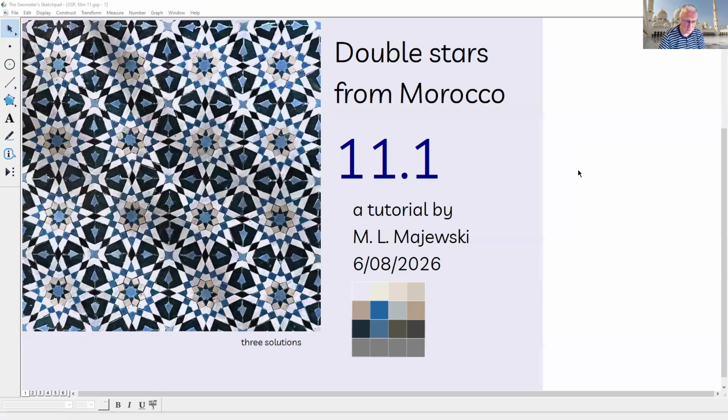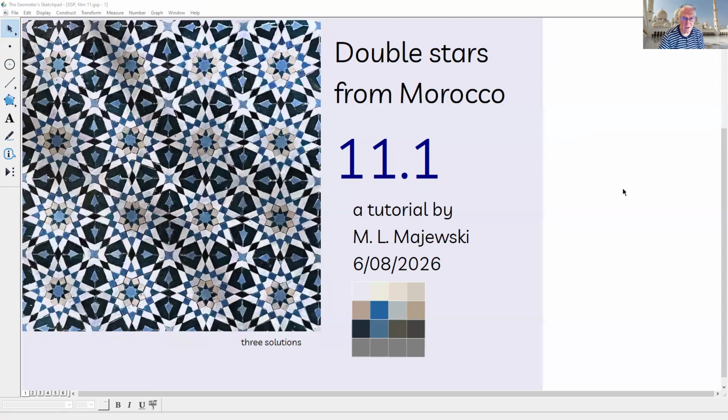The photo that you have on the screen I got from a friend. I got it a long time ago, really. She was visiting Morocco, spending a summertime there, and she was sending me some pictures from there. I was storing them on my computer, but I didn't pay much attention to them because I was busy with other things. The pattern that you have here is from one of the